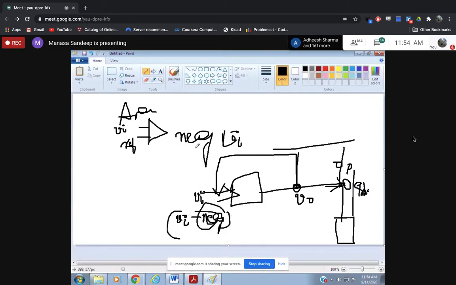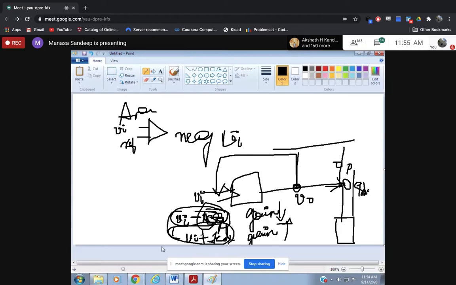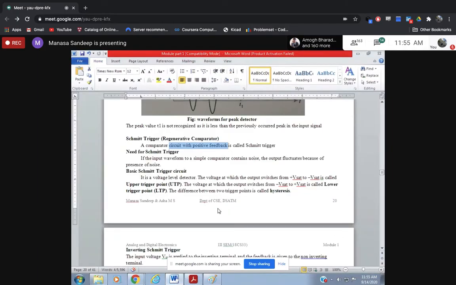Okay, if it is a positive feedback, it adds to the input plus feedback. In negative feedback, it reduces. Since this input reduces, that's why gain reduces. In positive feedback, since the feedback aids this vi, the feedback adds to the ei, gain increases. Here also, don't worry too much, this is the basic thing that you need to know.